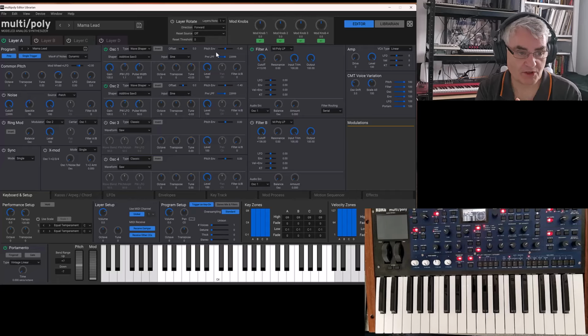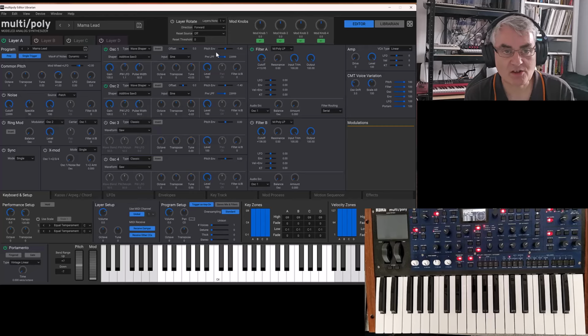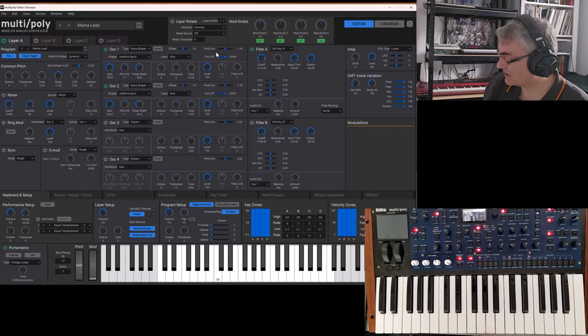Someone, I think it was on the Phil Collins 5-minute In the Air Tonight sound video, left a comment saying do Mama next, and I initially thought for the multipoly that's not possible. Can't do Synclavier sounds, no samples in here. But then on reflection I thought about it, and of course the Synclavier was using additive synthesis. We've got additive synthesis in a form using wave shaping. That's exactly what I've done, and this sound